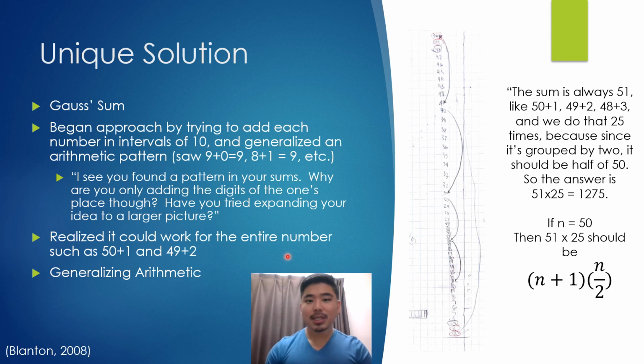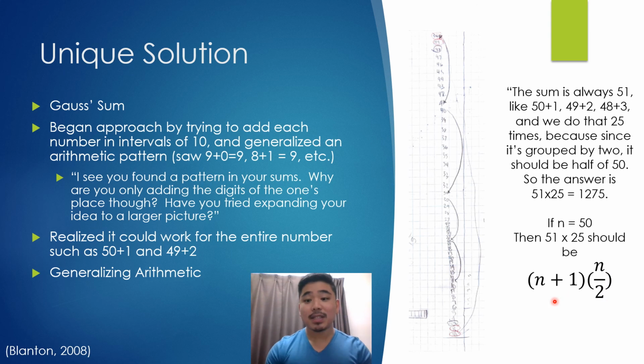So this particular group saw a pattern in the digits and did a very good job of trying to generalize the arithmetic pattern that was happening with the numbers and applying it to a bigger picture, starting with first the ones place within an interval of 10 and applying it all the way from all the numbers from 1 to 50. And so in the end, she ended up getting the equation n plus 1 times n over 2,